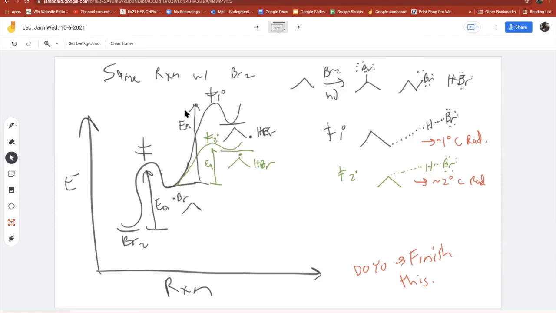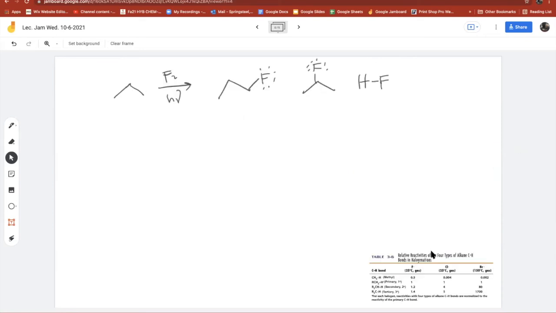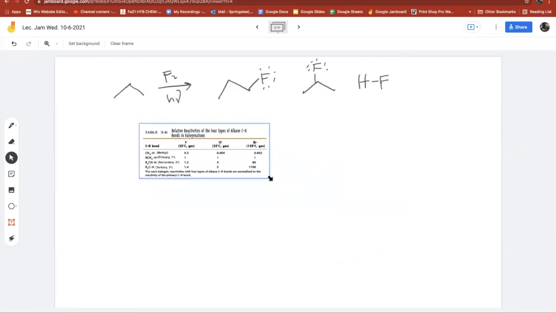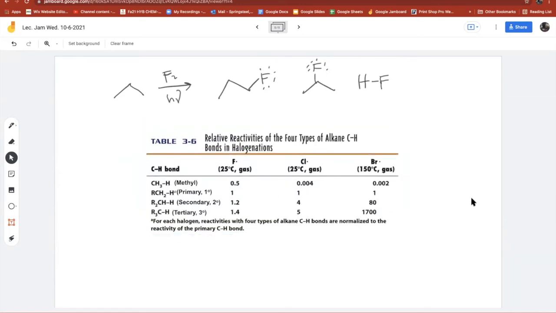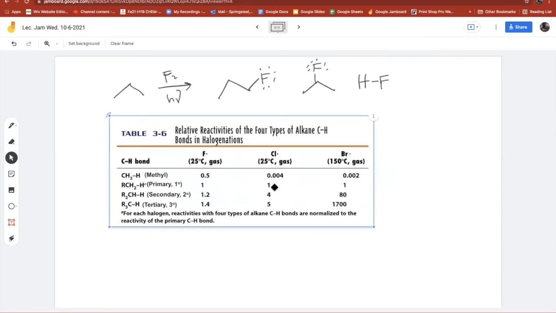So let's actually calculate those yields. So I showed you last time this relative rate data, and I'll bring it up again. And when I ask you to do questions like this, I'll always give you this data. You might, like me, memorize it after you've used it a few times, but if you haven't memorized it, you don't have to. I'll always give it to you. So here's the relative rate data.